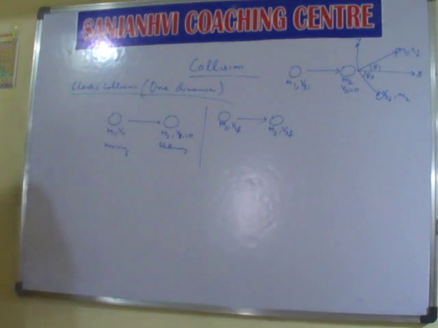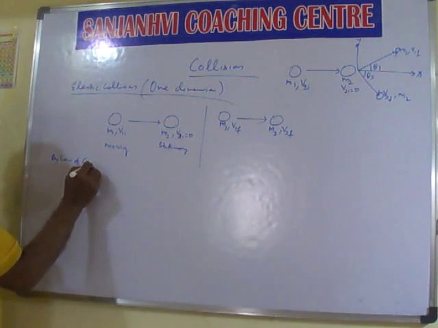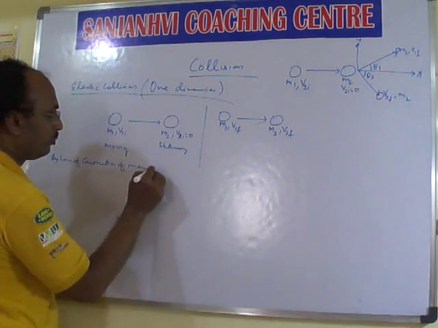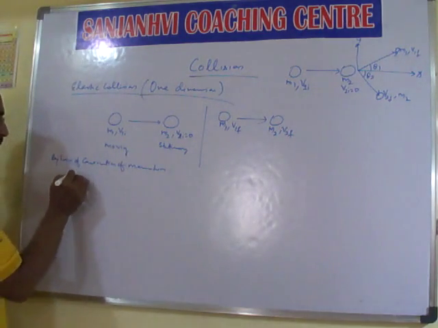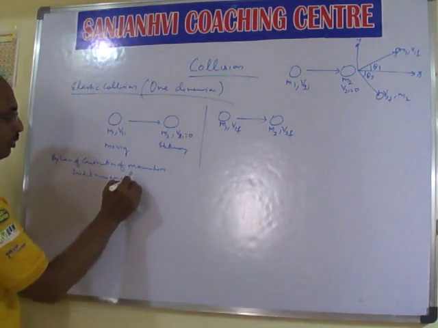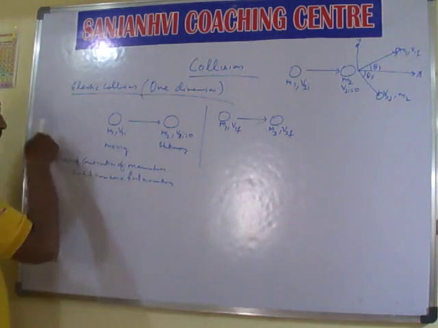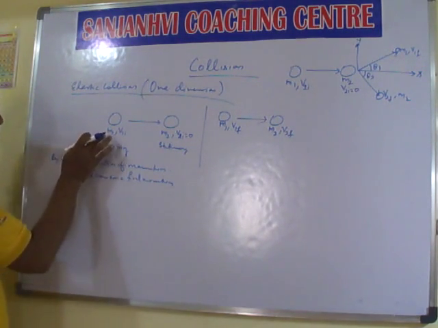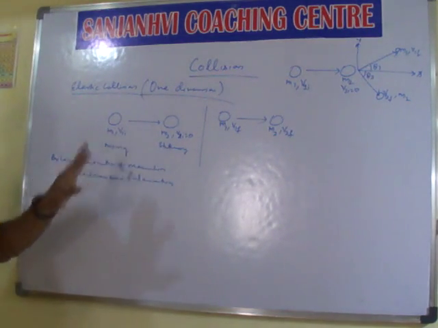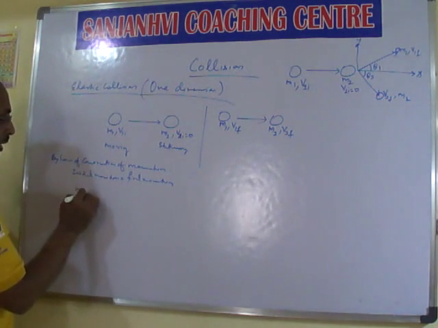Now in this case, as I told, both conservation of energy and conservation of linear momentum will be applicable. So by the law of conservation of momentum, initial momentum will be equal to final momentum. Now in this case, the initial momentum of the second body is 0 because its velocity is 0, so no need to write it. The initial momentum is M1 V1I